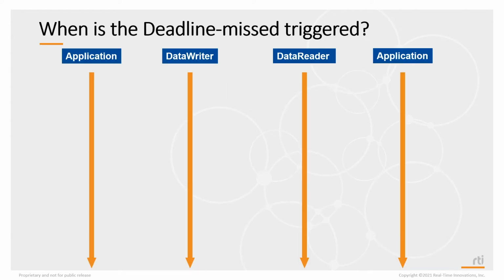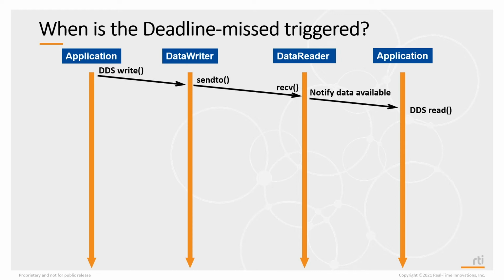Let's take a closer look at when the deadline missed is being triggered. On the left-hand side, we have two lines representing an application and the data writer. On the right-hand side, we have a different application and its data reader. When the application sends data, it's going to call DDS data writer write, which causes the data writer to send